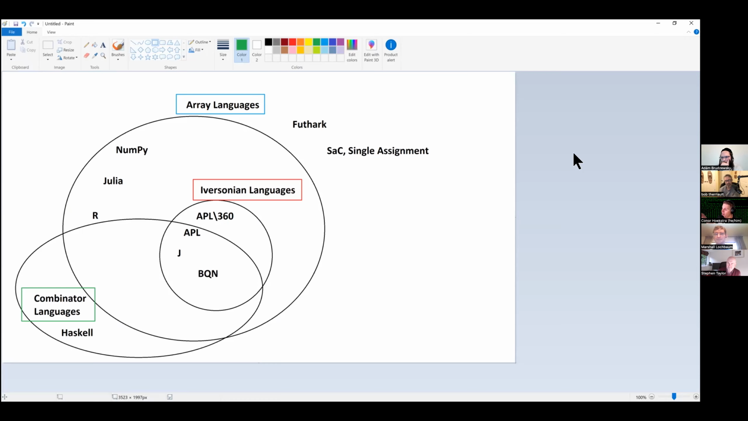And I think it's a great point. In many languages, like in C++, you could implement a combinator library, but that's not going to make it a combinator language, because there's millions and millions of C++ developers all doing different things. And